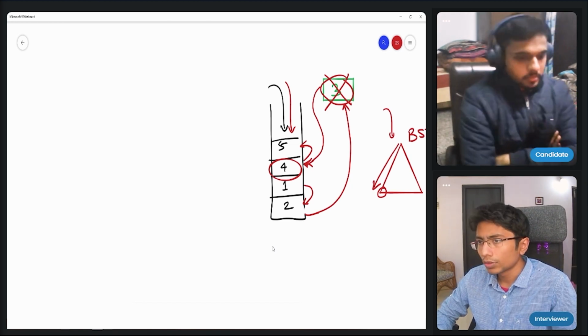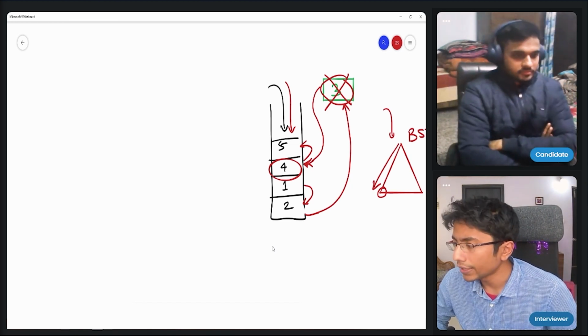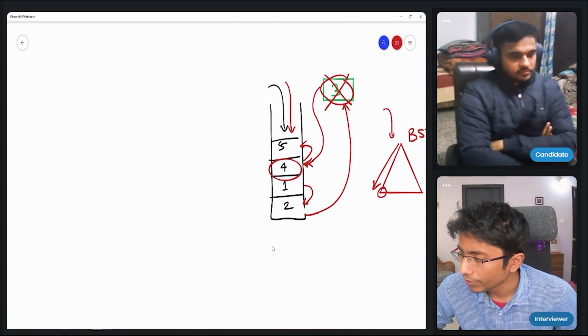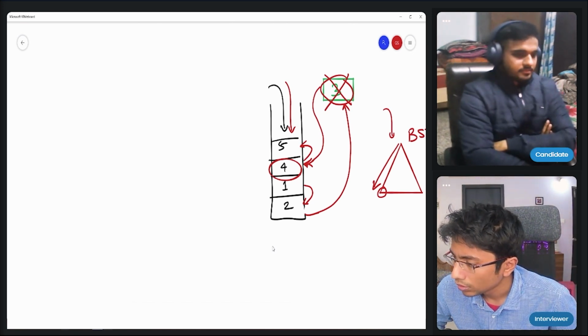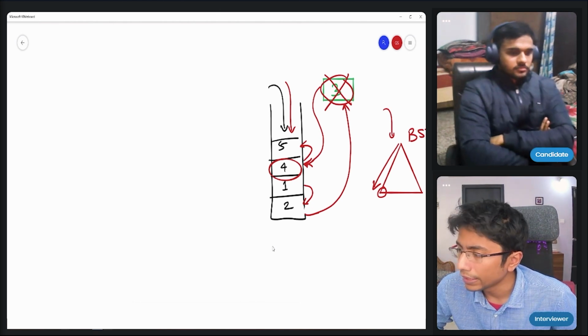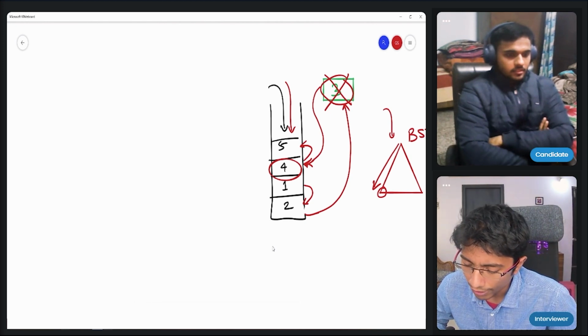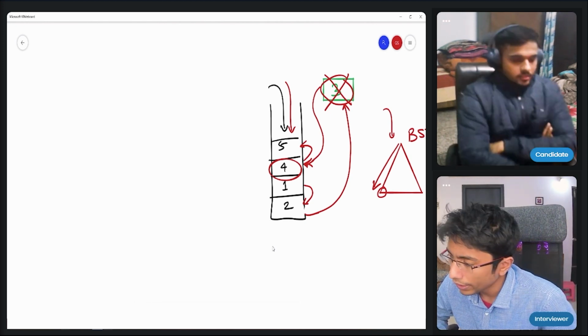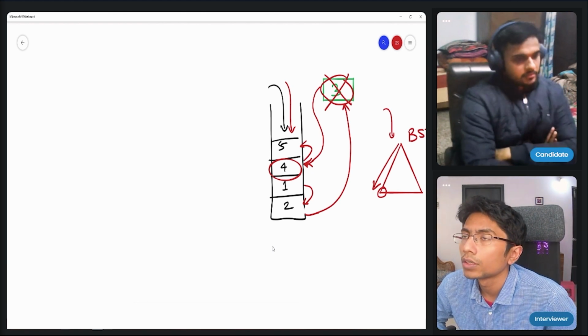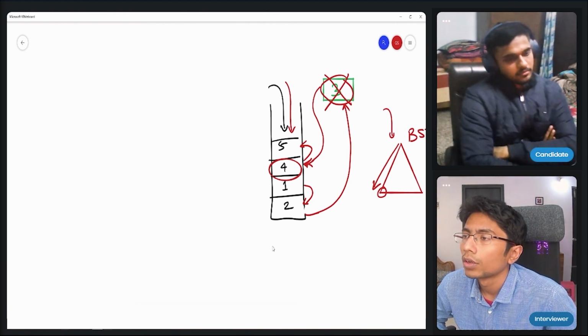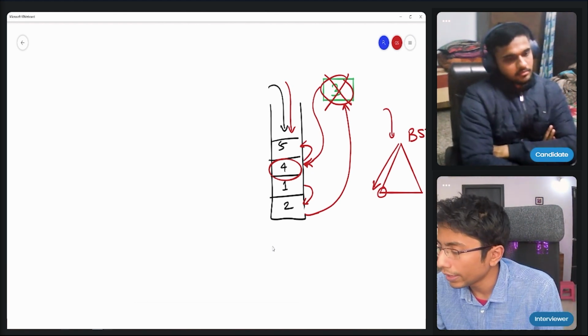The next would be deleted. I just want a next pointer for each one of them. If I delete something, then the next pointer is all I need. So every time I'm inserting a node, all I need to see is this. Okay, so let me see if that works.